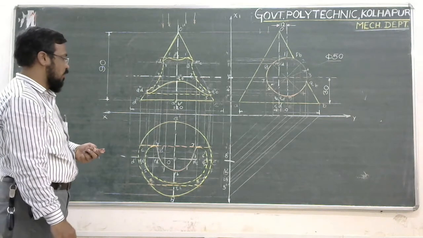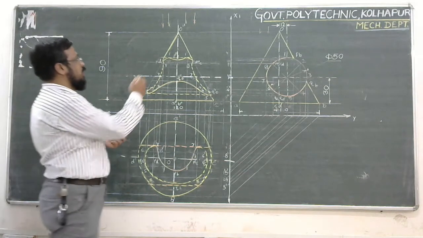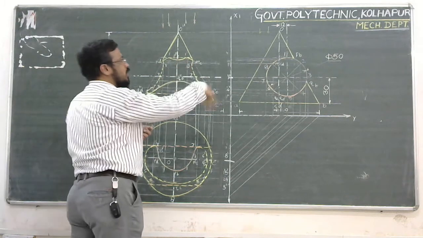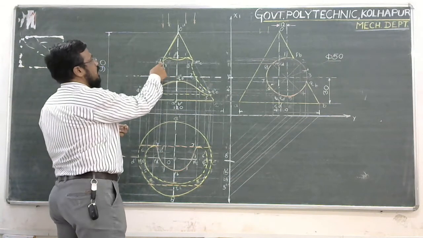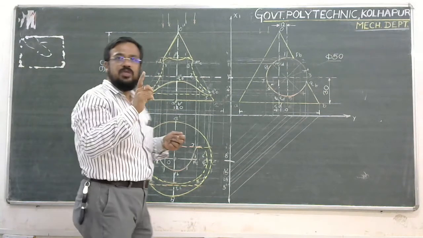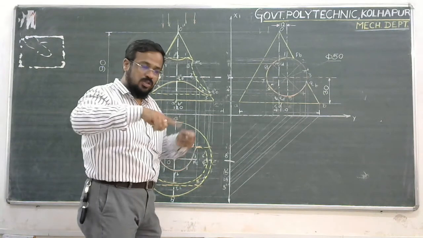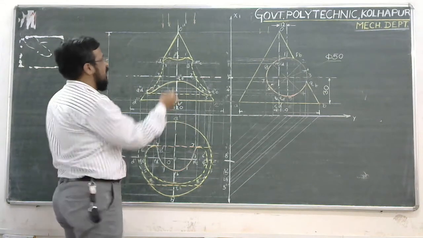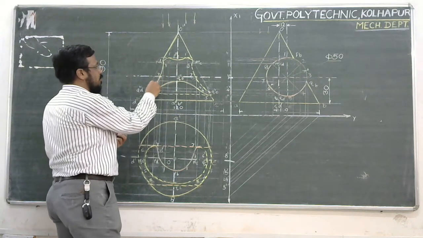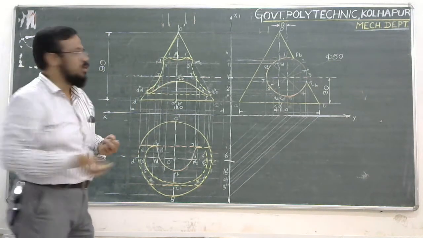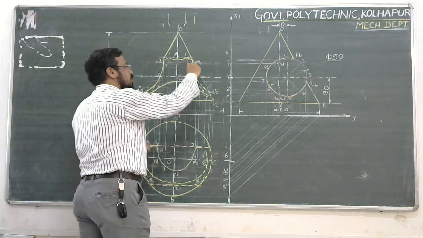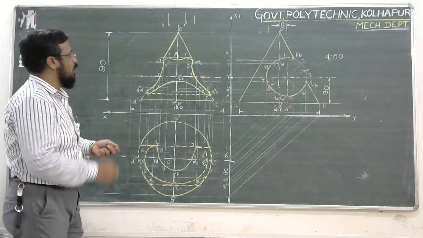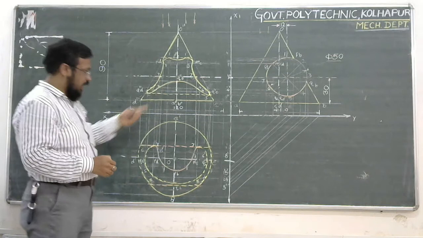Okay. Now, what will happen to this portion in the front view and in the top view? When the drill is being drilled through the surface of the cone, the reference of the intersecting surface points, which was not visible previously because it was covered by the extruded portion of the cylinder, is now open to the observer. So this dotted line will convert into a continuous line. Again, this dotted portion is going to convert into a continuous line. This way the front view will be complete.